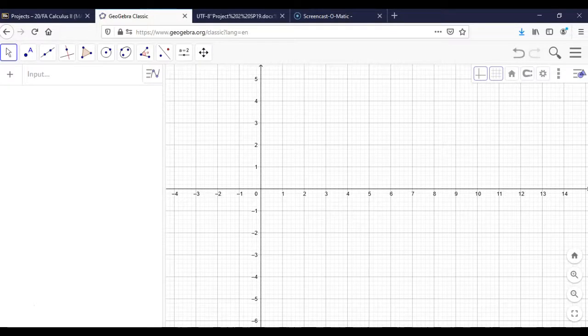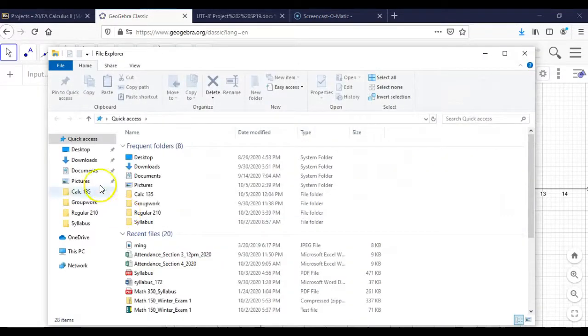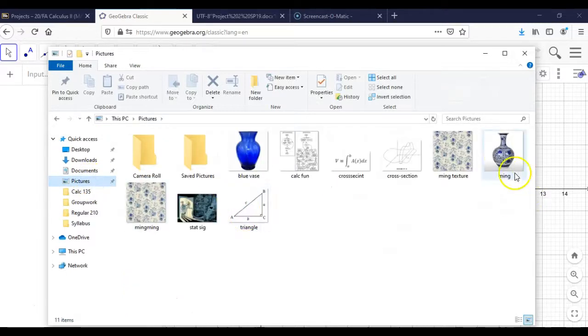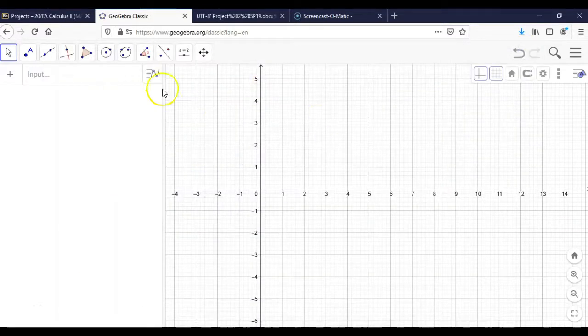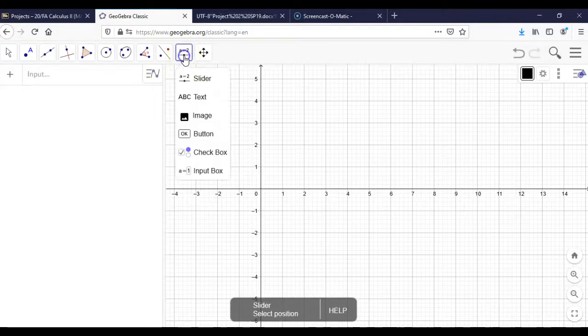So what I've done is I have chosen this Ming vase here to do the example with. Okay, so to upload that from the directions, you can see you're going to hit this little A=2 deal here. This is going to allow you to insert an object. So click on that and then click image